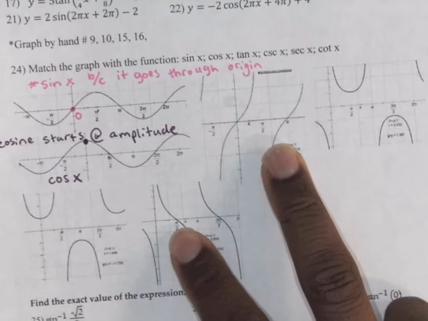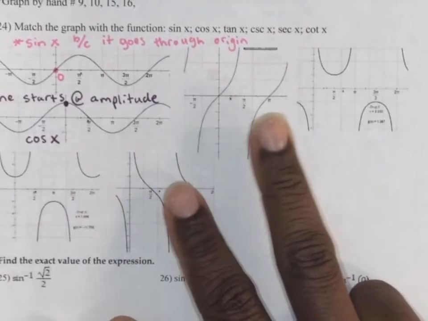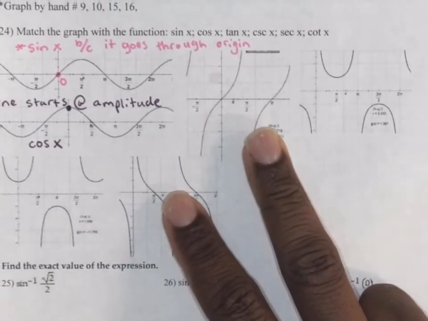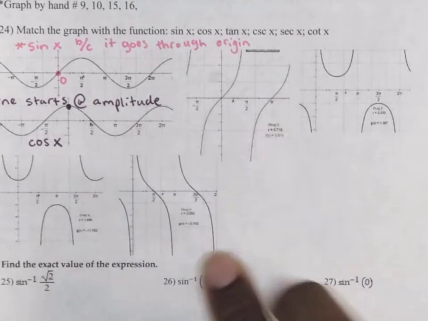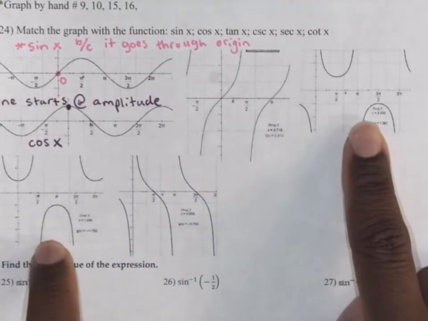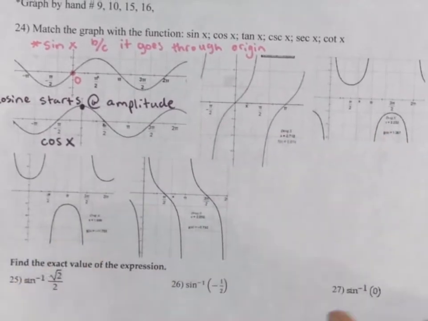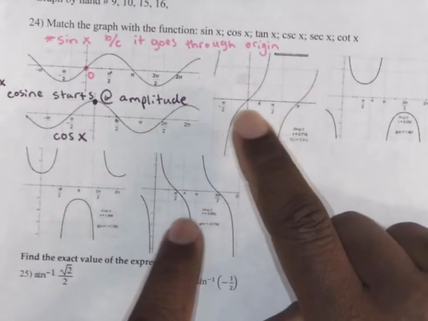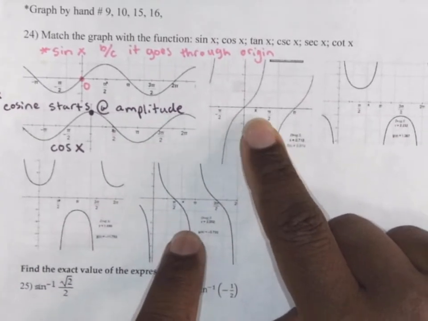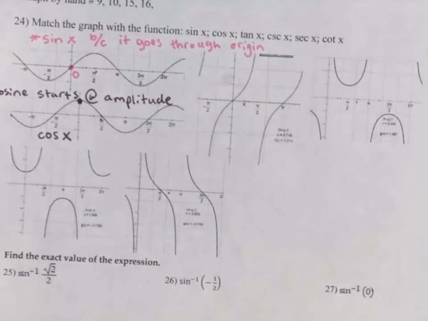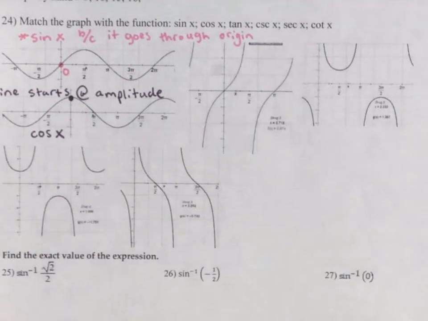Alright, these two look like tangent and cotangent. You just need to know which one's which. And then these other U-shaped ones are the reciprocals of sine and cosine, respectively. So maybe I'll focus on tangent and cotangent. So I tell you this one right here is tangent,